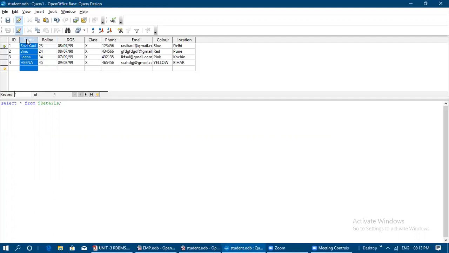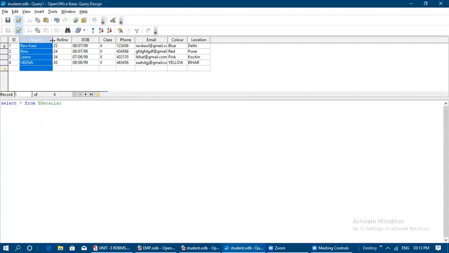Now in the same way, click on the column name, and according to this column name, that is student name wise, we are going to perform sorting. So A to Z. See here, ID numbers and all changed. So 2, 4, 3, 1 like that it is displayed. But here every value got displayed according to the student name. So first B, then H, then L, then R. So like that in ascending order the data got displayed.